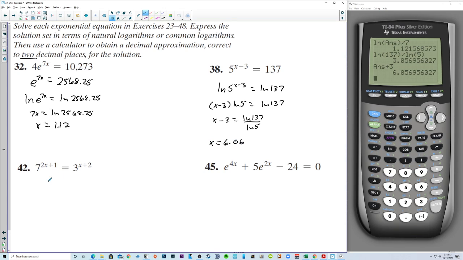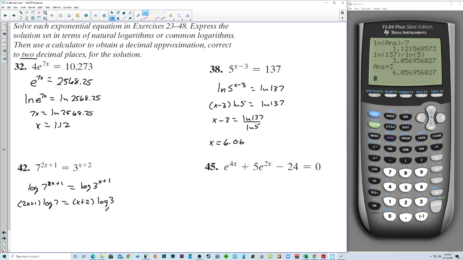On this one, we can take the log of both sides. We can take common log. We can take natural log. Let's take common log. It doesn't matter. It's going to be the same answer no matter what. Log of 7 to the 2x plus 1 equals log of 3 to the x plus 2, and we can bring the powers down in front. So 2x plus 1 times log of 7 is equal to x plus 2 times